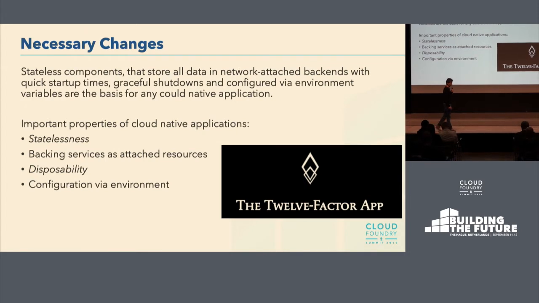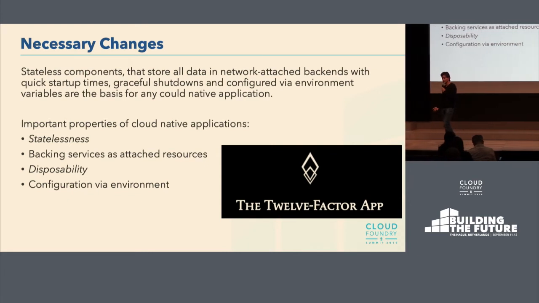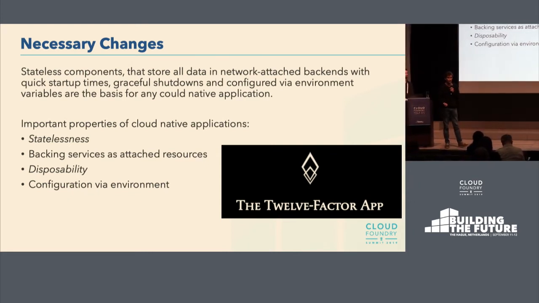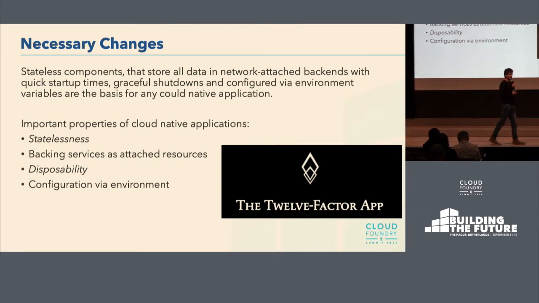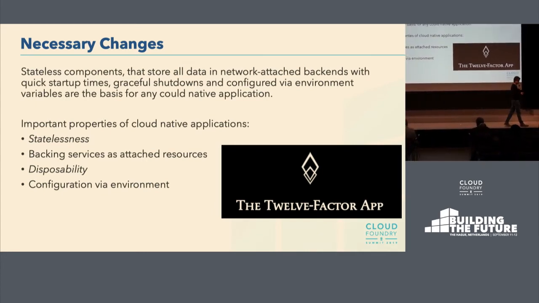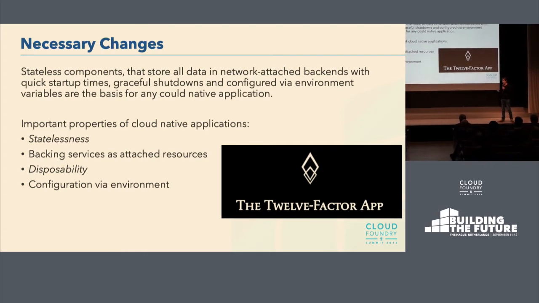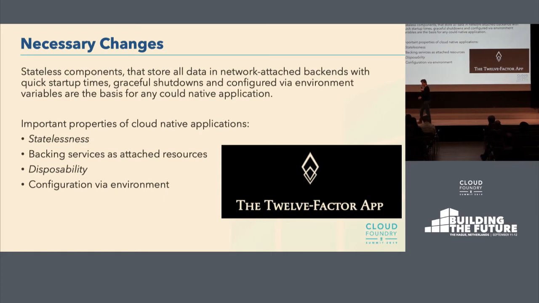So let's talk about the actual application changes that you have to do, right? To understand which application changes you have to do, we need to understand what Cloud Foundry is, or actually any PaaS. So Cloud Foundry is, in the end, an orchestration engine. And that means that it takes your application, it takes the configuration of that application, and it monitors the application in production. And it can decide, based on the configuration and based on the traffic even, if some of the instances of the application should be restarted, maybe they should be completely dropped, maybe you have a component which monitors the traffic and scales up the application automatically and scales it down.